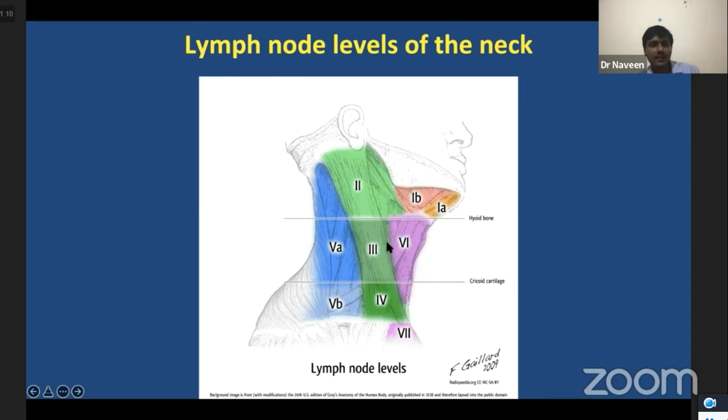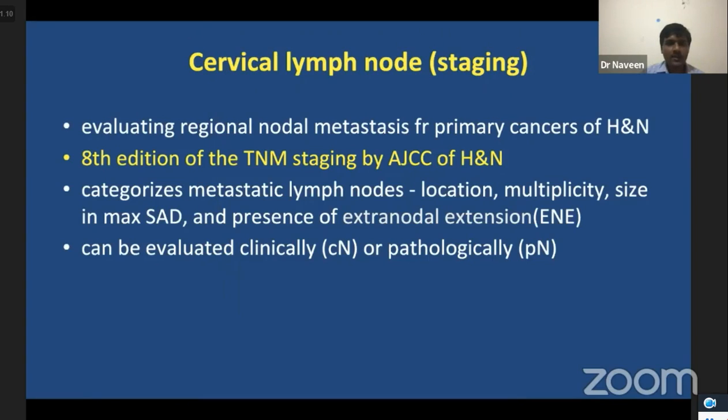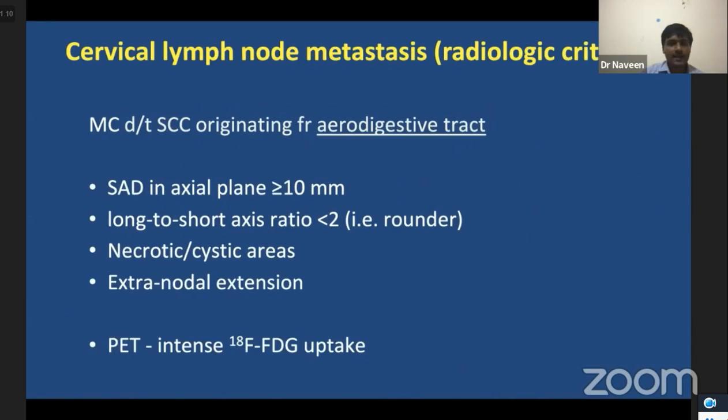This classification is based on the neck dissection, like modified radical dissection, where they remove all these lymph nodes. However, in this classification, retropharyngeal, parotid lymph nodes, and other parapharyngeal lymph nodes are not included, because these are the deep spaces of the neck, which are not usually removed during neck dissections. So usually this cervical lymph node staging is done based on the American Joint Committee on Cancer, Head and Neck, 8th edition, and it is based on certain features of the lymph nodes.